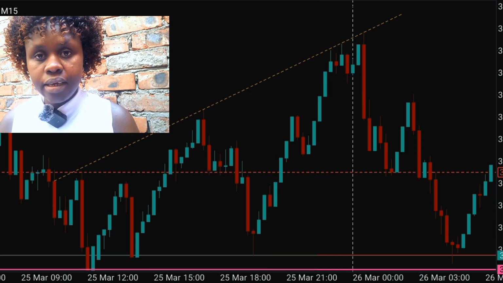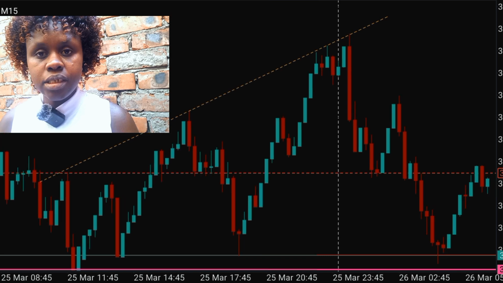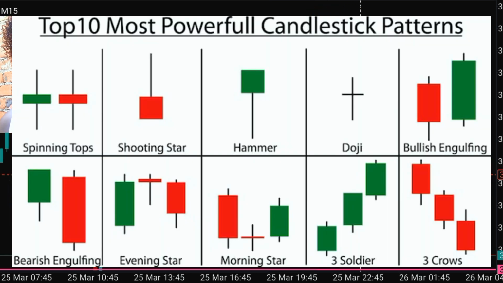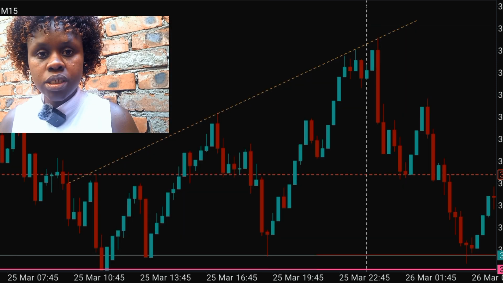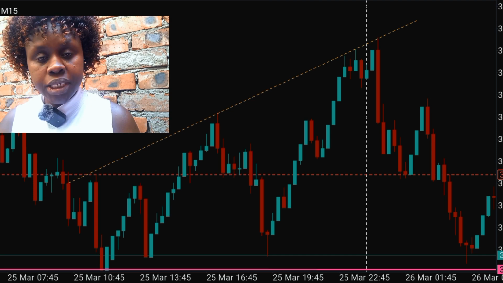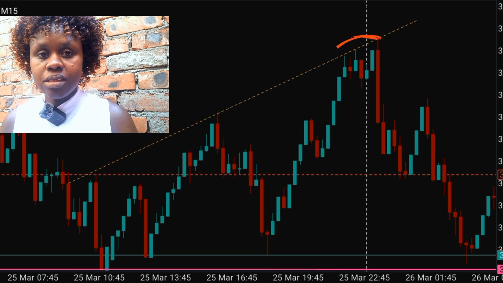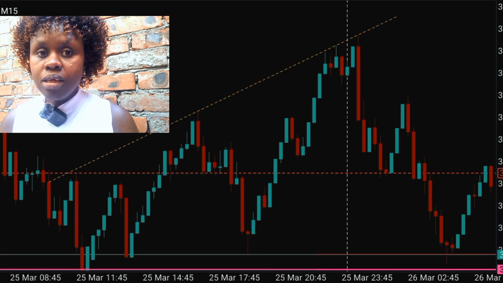And when it gets there, we look for other confluence factors like, is it a support or a resistance zone? Also, we look for candlestick rejecting patterns like dojis, like bullish engulfing, like spinning tops, double bottoms or double tops, whichever may be present, or railway tracks. We look for any candlestick rejecting patterns like that one there. So when we look for those rejecting patterns, we then time our entries after the pattern is defined, like in